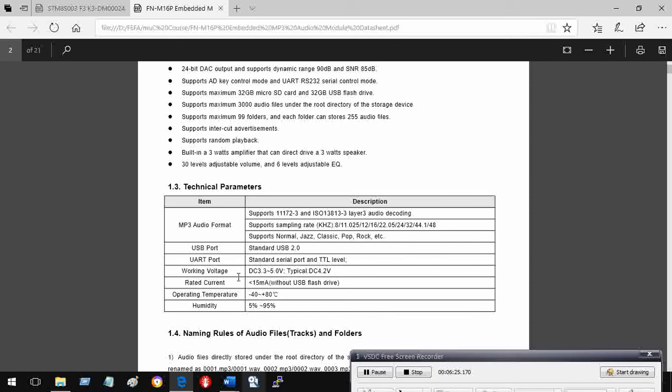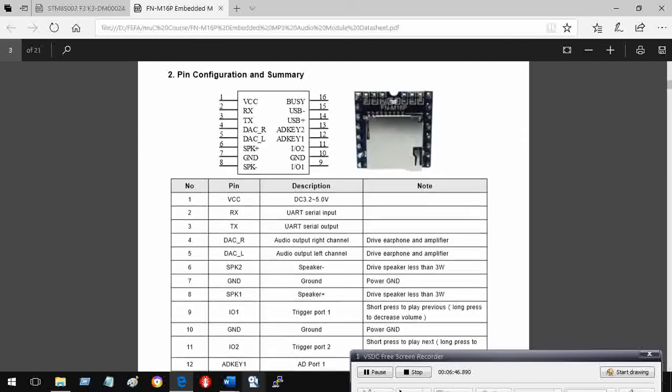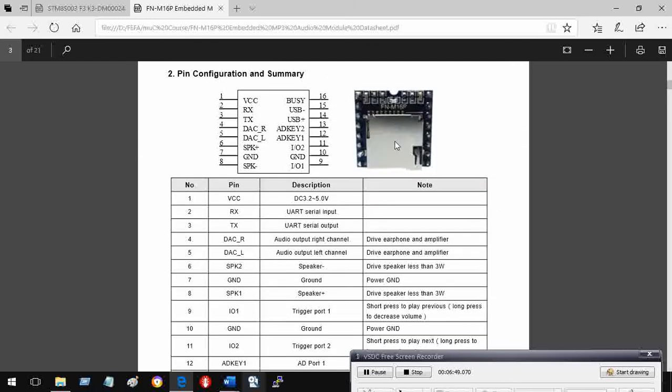How much is the current consumption? Rated current is 15 milliamperes. Without USB flash drive, we will not use a flash drive. What we will do is, we will use an SD card. I can use as big an SD card as a 32 GB micro SD card. And this device, interestingly, has got a socket for the SD card.